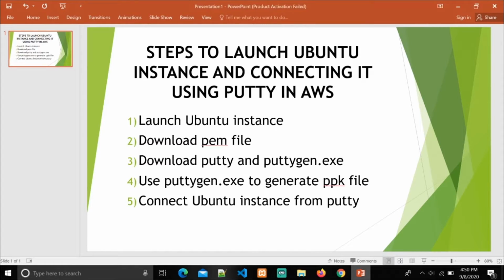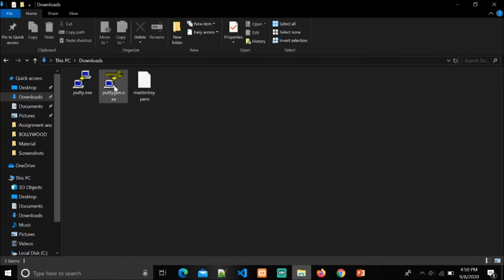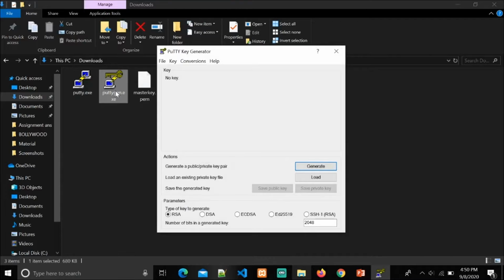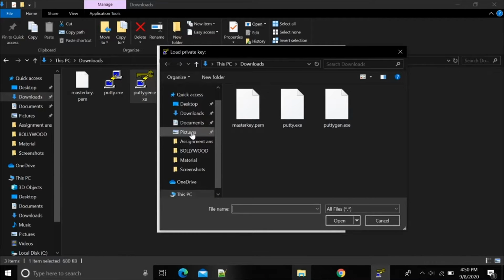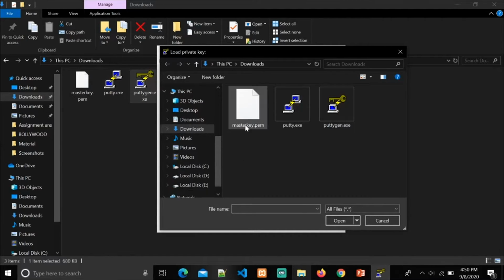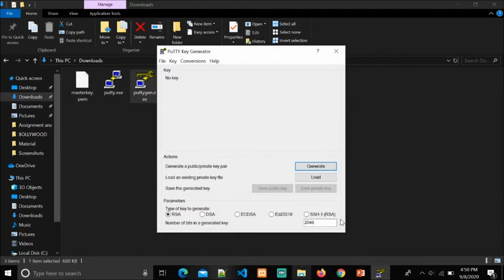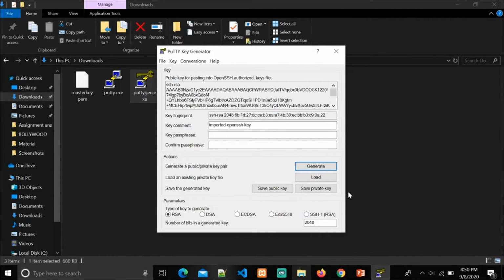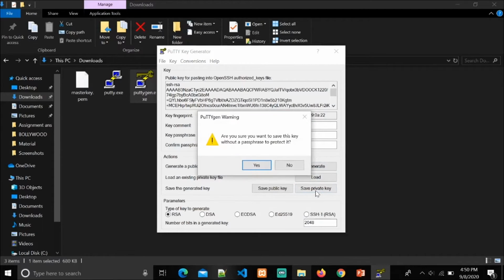Now we have to use puttygen.exe to generate ppk file. So we go to puttygen.exe, click on it, and conversion import key, go to downloads. Here is my master.pem. I have to convert it, so open and save private key.